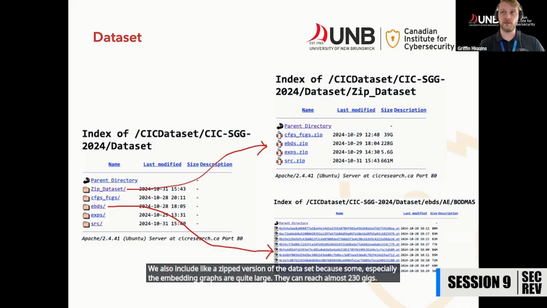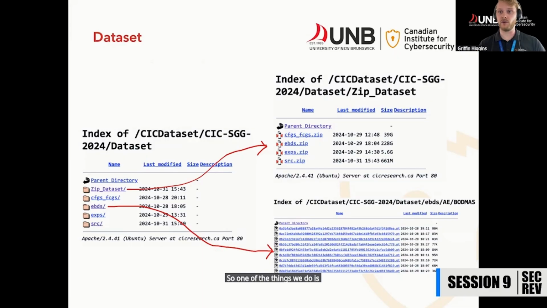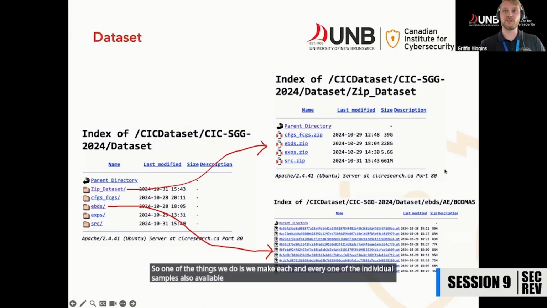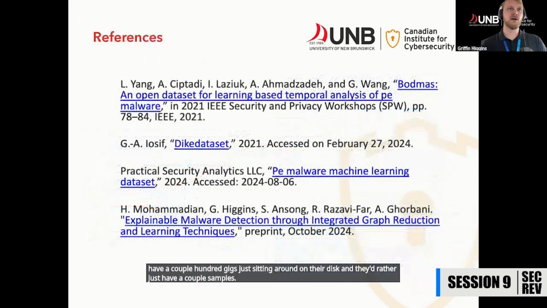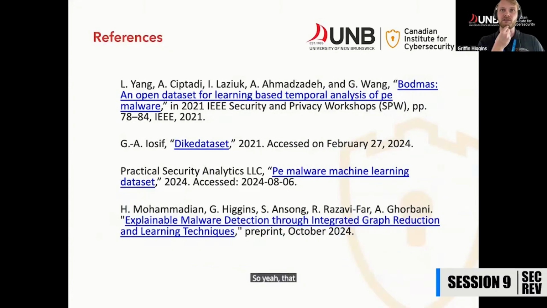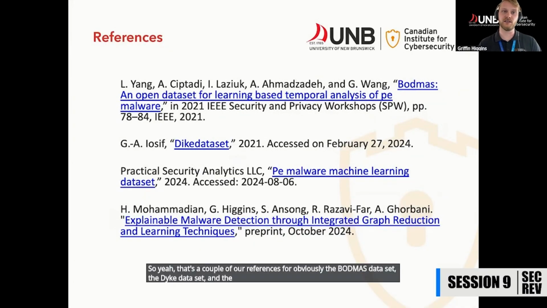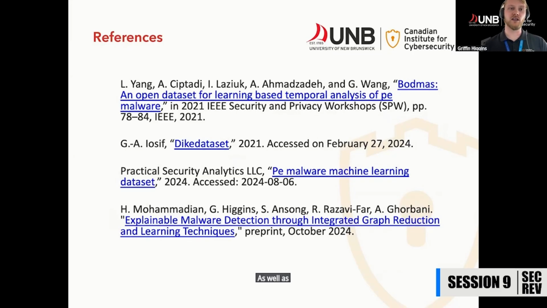So one of the things we do is we make each and every one of the individual samples also available to download if you so choose, because maybe people don't have a couple hundred gigs just sitting around on their disk and they'd rather just have a couple samples. So yeah, those are a couple of our references, obviously the BODMAS dataset, the DikeDataset, and the PE for machine learning dataset. Thank you to all those people for the hard work in collecting those samples that enabled us to make the graphs in the first place, as well as thank you to all my colleagues for their hard work